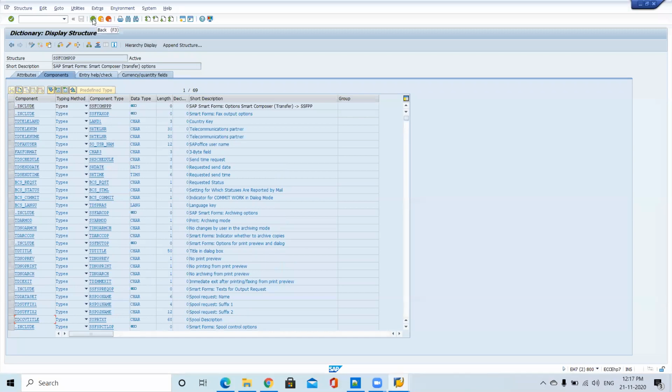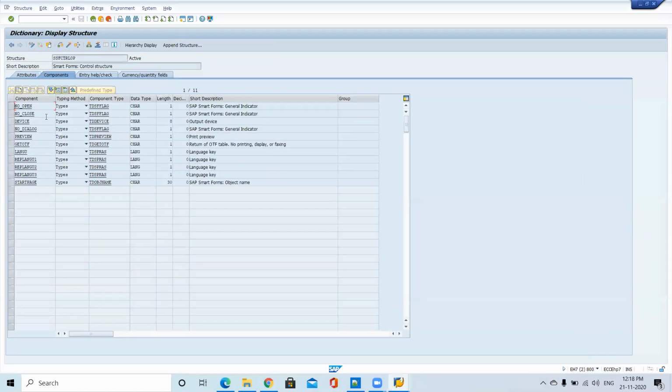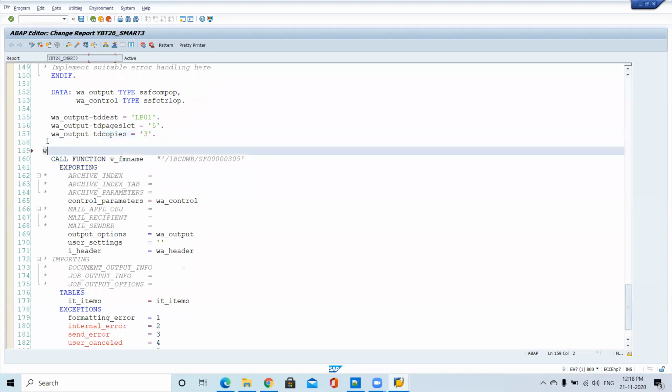Okay. So these are the output options. We have one more, called controlling parameters. This is the controlling parameters. What can we do with them? Directly, if you want to see, here we can use no dialogue and preview equal to X. Sorry, those are the output options.